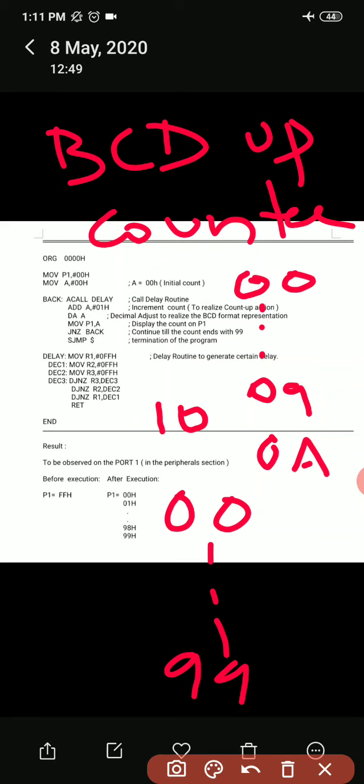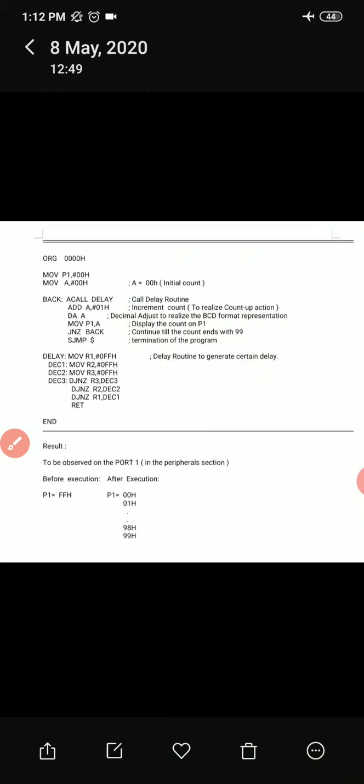It is the same as the previous one, but the only instruction we are going to use here, we need to convert that invalid hexadecimal value to a valid decimal value. For that we need to use the decimal adjust accumulator instruction, decimal adjust after addition, right? Here I cannot use increment because the DAA instruction works only after the addition.